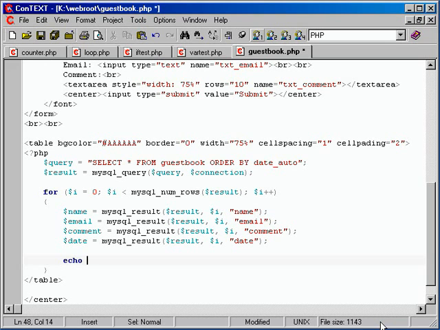So we'll start an echo, and I'll start a single quote. Up till now, I've been echoing with double quotes, but in this case, we'll need to echo some HTML, and the HTML is going to have double quotes when we specify a name of a field or the width or color or something. So I'm going to use a single quote so that we can include double quotes and not mess the script up. So starting a single quote, I'm going to go to a next line. You can have multiple lines inside of an echo, and tab over a little,